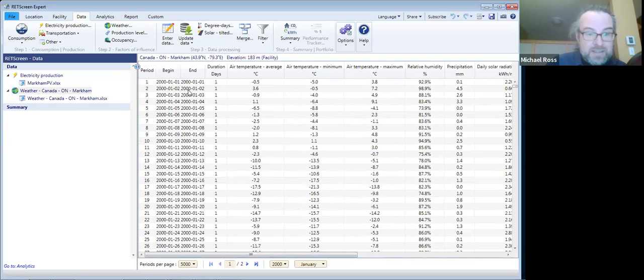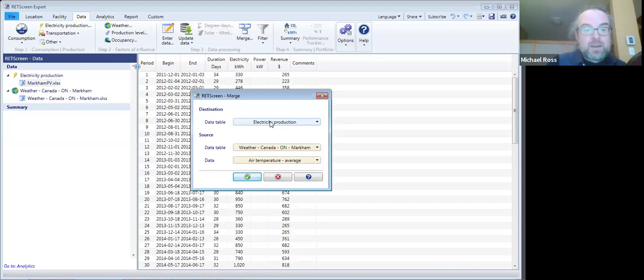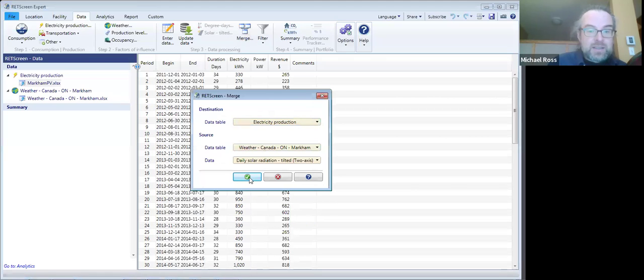The problem is this is on a daily basis, and I have over here in a separate table the electricity production on a billing period basis. So I'd want to get 2 more columns in here, which have the solar radiation on a 2-axis tracking surface and the air temperature for each billing period. And I can get that by going to merge here. So I want to put into this electricity production table the daily solar radiation on a tilted surface taken from the weather table. So I click OK, and